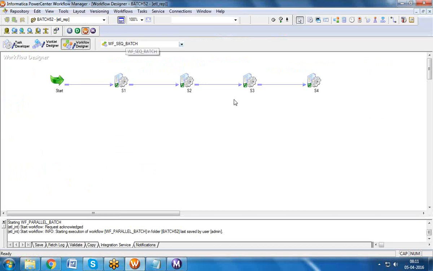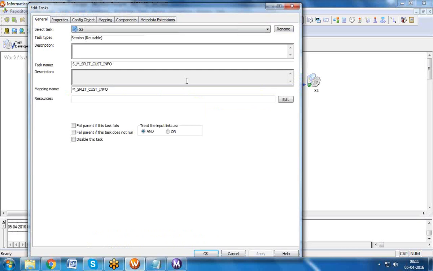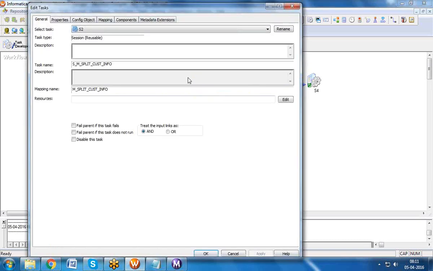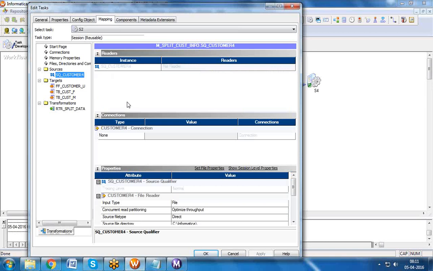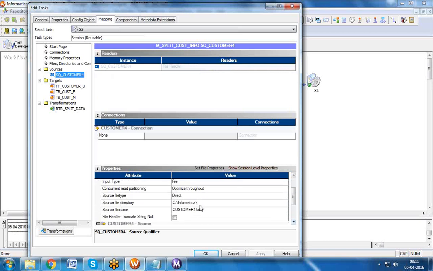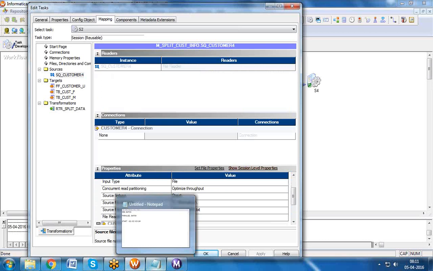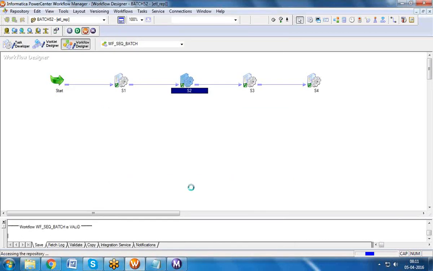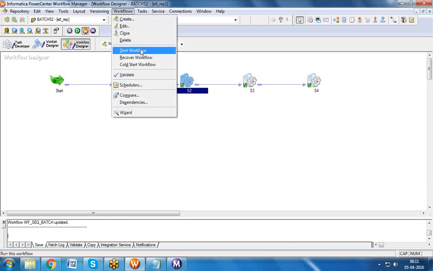Okay, now, deliberately, I'll fail this session as per our requirement. Let us see what happens. You have a dependency, right? Here I don't have any dependency, but just an assumption. So when this session has to get executed, when these two sessions get completed, deliberately I'll fail this session. Now let us see what is going to happen. How to fail the session? If I give the wrong file path, then it will fail, right? I have given the file name wrong. Then what happens? The session will fail. Let us see what happens.